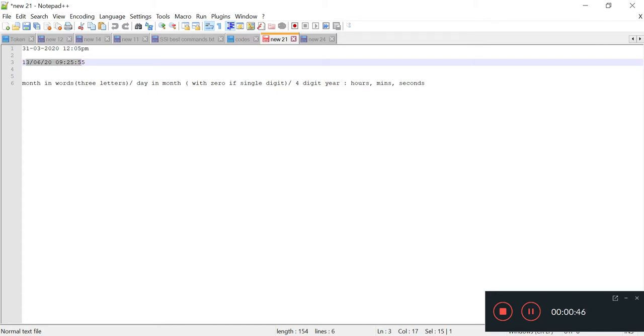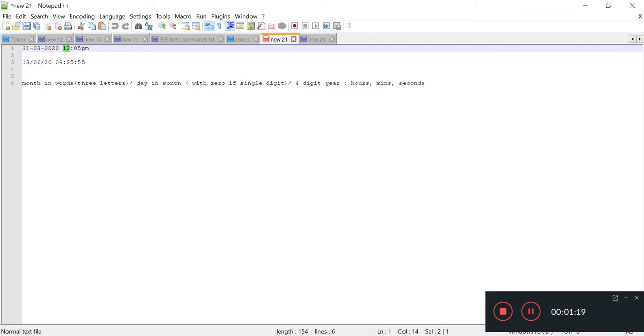So right now the dates that we'll be working on are these two dates. You can see here 31/03/2020 and 12:05 p.m. So 31 is the day, 03 is the month, 2020 is the year, 12 is the hours, 05 is the minutes, and PM whether it's AM or PM.